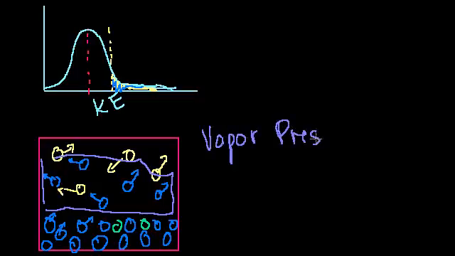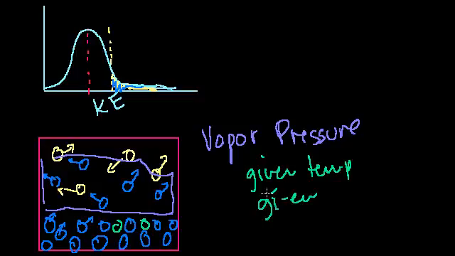Vapor pressure. I want to make sure you understand this. The vapor pressure is the pressure created, and this is at a given temperature for a given molecule. Every type of substance will have a different vapor pressure at different temperatures, and obviously every different type of substance will also have different vapor pressures. But for a given temperature and a given molecule, it's the pressure created by the vapor molecules at which you have an equilibrium, where you have just as many things vaporizing as things going back into the liquid state.